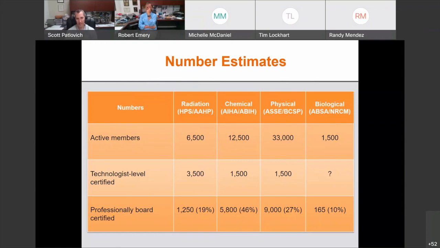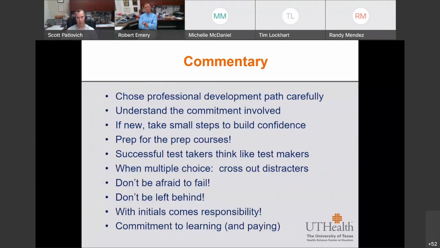So you can see that depending on the organization, sometimes a very small percentage of the total individuals within an organization are actually professionally credentialed. Now, this can set you apart in terms of being eligible for jobs and promotions and things like that. So something really to think about in terms of your pathway for where you want to go with your career.